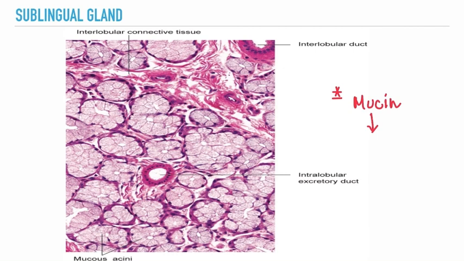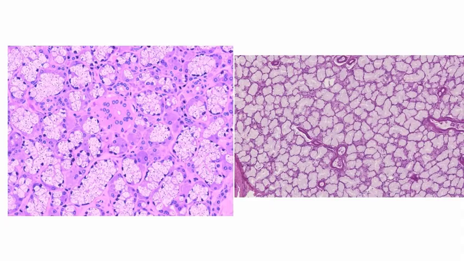Now coming to sublingual gland, this is predominantly mucus type of gland. So as I have discussed earlier, because it is mucus, it will give the pale appearance which you can appreciate on your screen. The nuclei in mucus acini are flat and more towards the base. Can you see? These are nuclei which are more towards the base. Just like parotid gland, it also has duct which is lined by simple columnar epithelium or simple cuboidal epithelium.